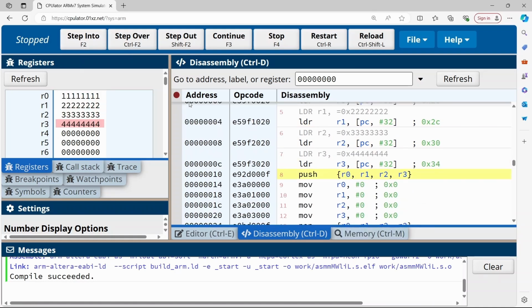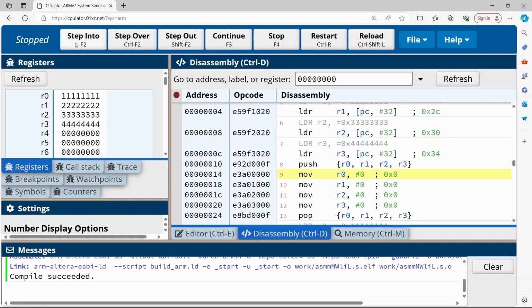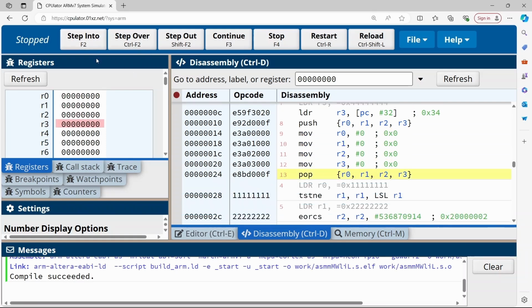After the load instructions, R0, R1, R2 and R3 have gained the values, and after the push instruction, the values from the corresponding registers will simultaneously be pushed into the stack. And now, to see the effect of the pop instruction, we will reset the registers. After resetting the registers, the pop instruction here will restore the values into the corresponding registers, as the first value at the top of the stack,